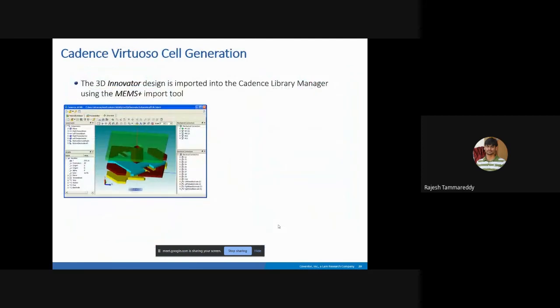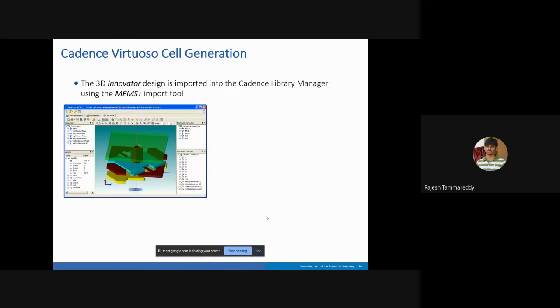So first we build the model and do basic simulations in MEMS Plus. On the left side, what you see is a mirror. The green, go back. Yeah, the green that you see is the mirror plate. On the bottom, the red that you are seeing, right? Those are electrodes. So when you apply voltage to those red electrodes, due to electrostatic force, the green plate will start bending, depending on which side you are applying the voltage. Okay. So now I want to take this model to Cadence to run the simulation along with the electronics, right?